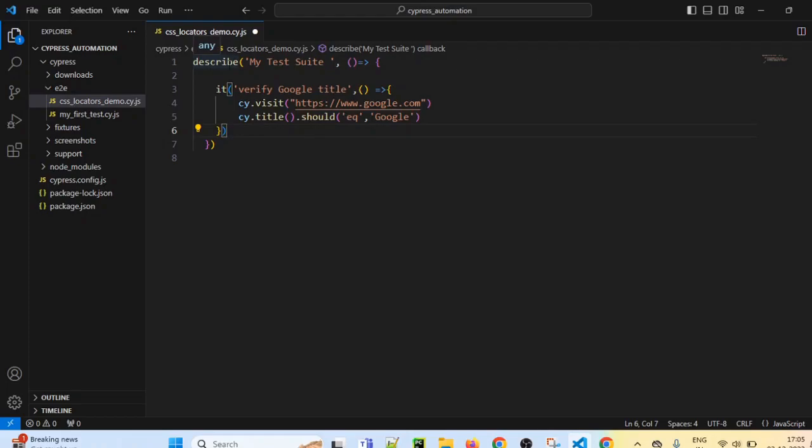So in the describe block, let's name it as my test suite. That is perfectly fine. And after that, this is the arrow function in which we have the it block inside the describe block. We can write as many test cases inside the describe block. So we will name it as test case name, let's say, verify login. That is the test case name inside the it block. And then I will just remove this and we can write the test steps in this block. So here we can write our test steps.